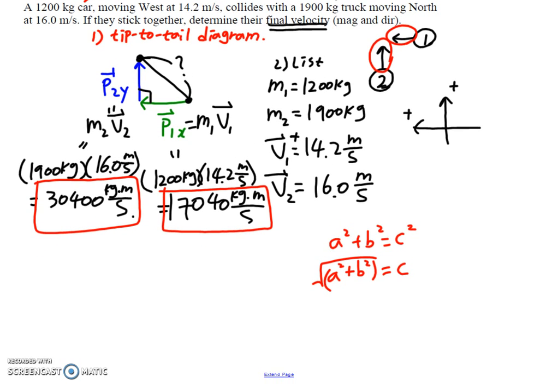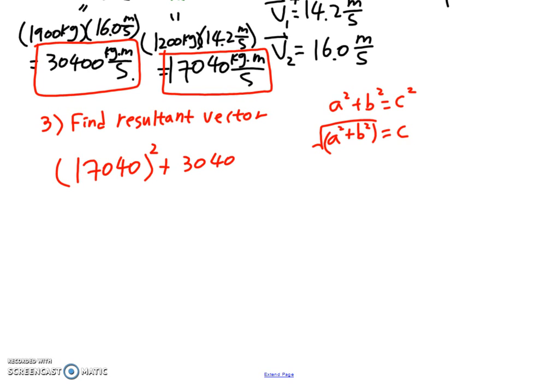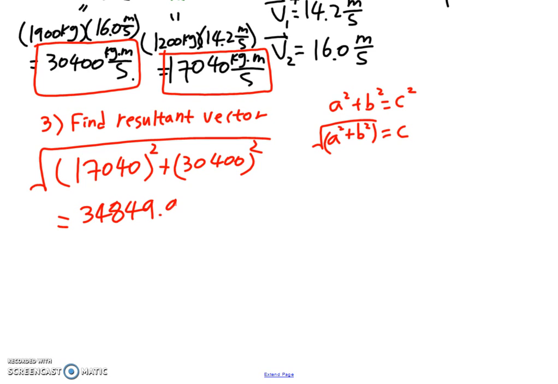So, our last step, which is our third, find the resultant vector. And I believe significant digit was 3 significant digits, so I can say